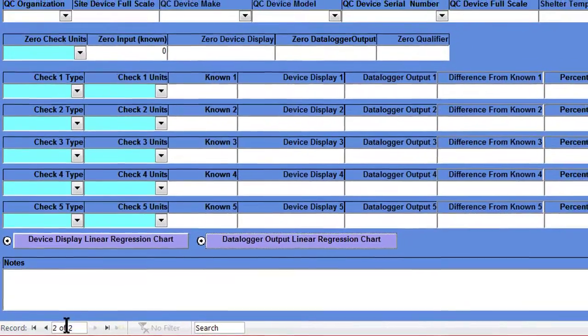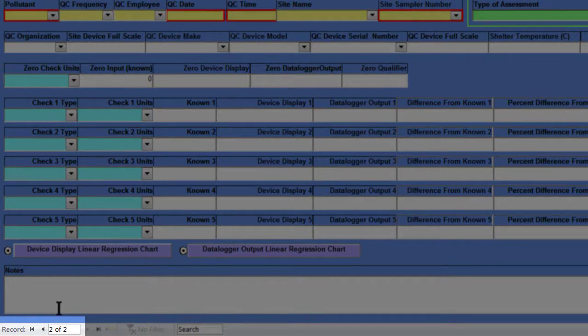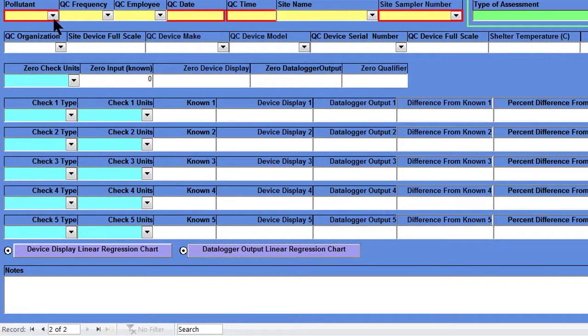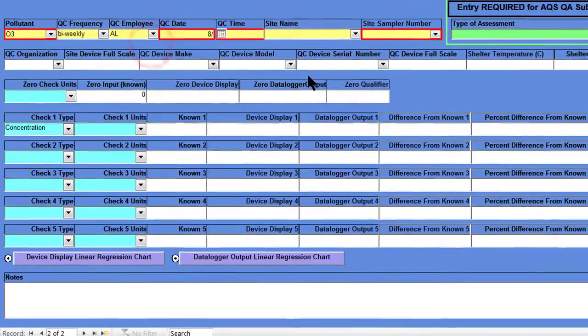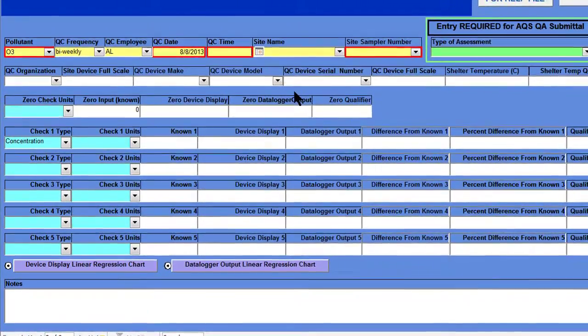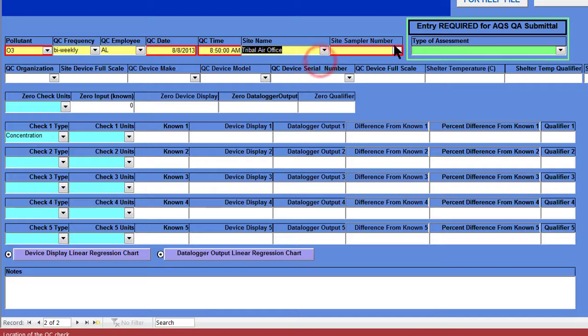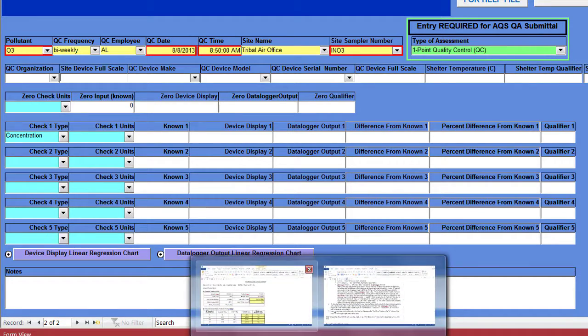And now this is the second record that I'm going to fill in. So I need to go through the same steps I did for that first ozone check. So I'll go ahead and select my pollutant. And my QC frequency is biweekly again. I entered the date. This was on the same day, and the time was a little bit after that first check. Same site and the same sampler. And again, the type of assessment is 1-point quality control because I did this check with my instrumentation and it's not an external audit. So I click 1-point quality control, and now I'm going to go back into the data